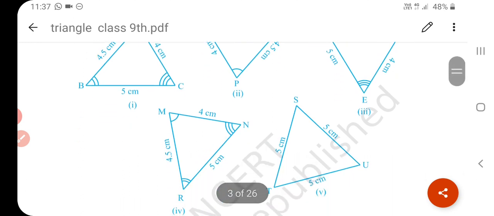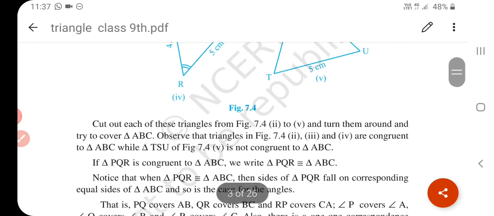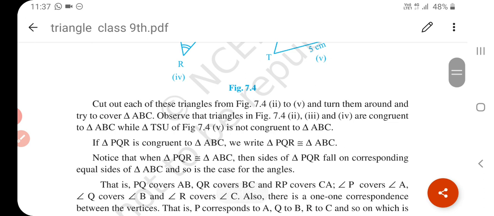If two triangles are congruent, then they are equal in all respects, that is, they are the exact duplicate of each other. Okay, understand? If I talk about your maths book, what is the dimension of your maths book? Your friend has the same, your teacher has the same book.